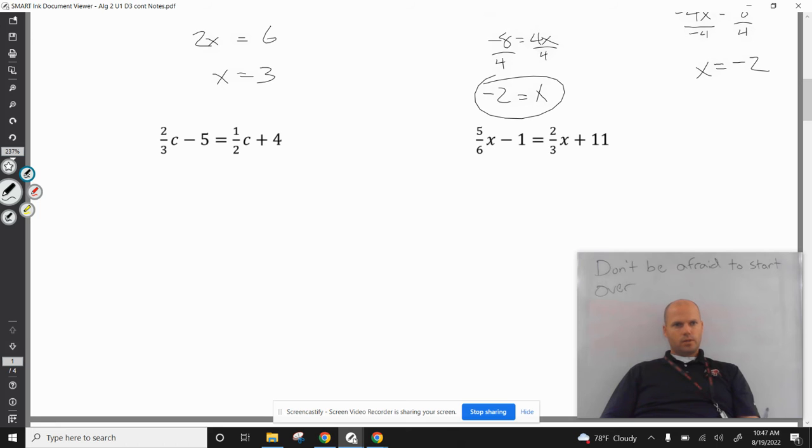Fractions. What's more, 2/3 or 1/2? I wish I had more where like there's more on the right side. 2/3 is more, 1/2 is less. I like to always end up with a positive, so I'm going to subtract the half from the 2/3. The only way I can subtract, which is add the opposite,